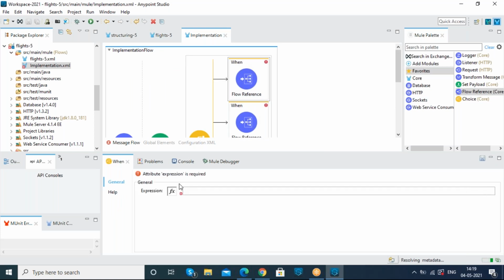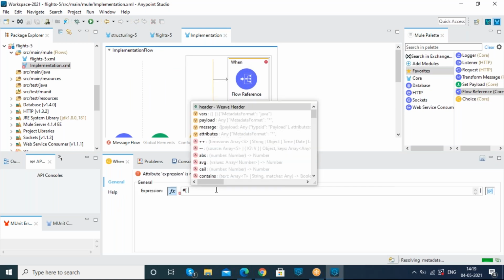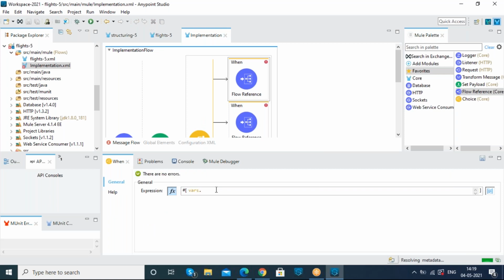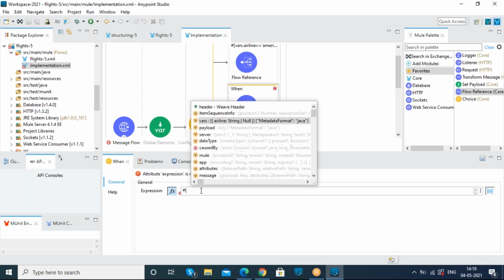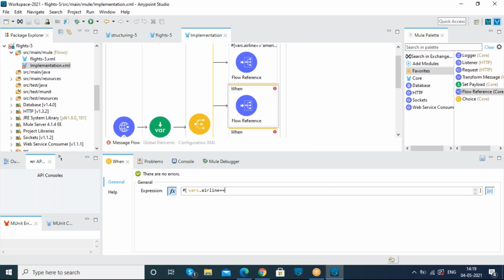So when I want to call this American flow, whatever variable we had created as airline, when the user is requesting, if the airline equals American, then I want to fetch the American data as our response. And if a user is requesting according to United, I want to call the United Airlines as our response.